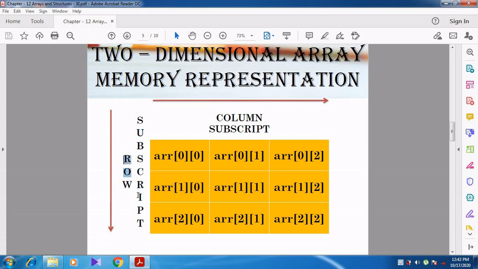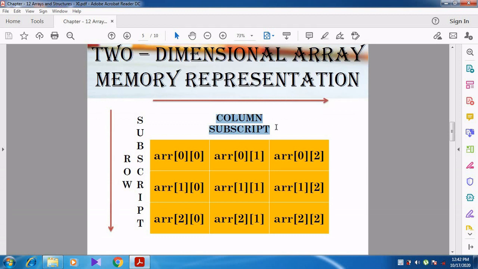Here you can see the row subscript. This represents 0th row, first row, second row. So the vertical manner is the row subscript, and the horizontal manner is the column subscript.